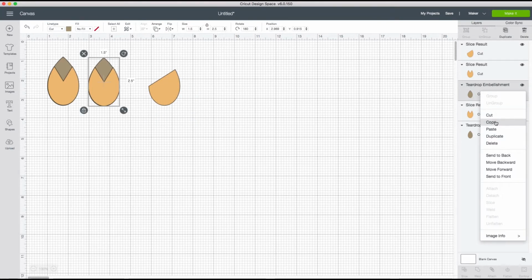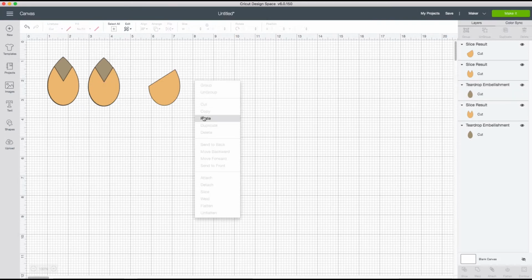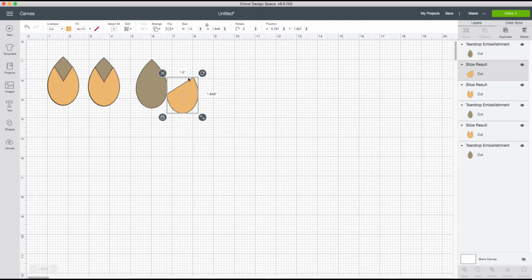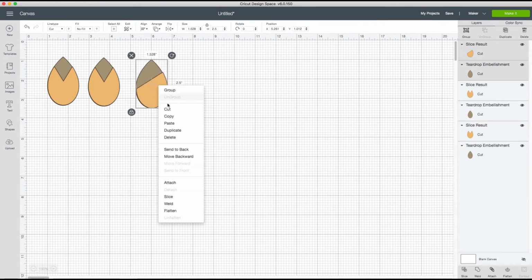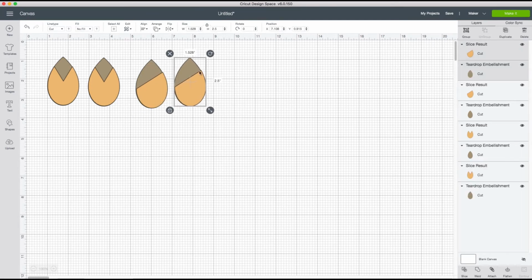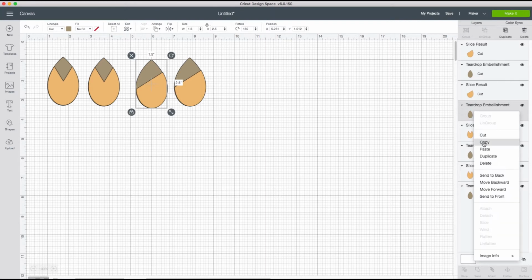And let's paste an earring back in. We're going to copy, paste. We can rearrange the layers by selecting it, and up here selecting Arrange and send it to the front. Now we have another earring, so I'm going to select both, then copy and paste. And let's make one last earring. Over here I'm going to hit Copy,